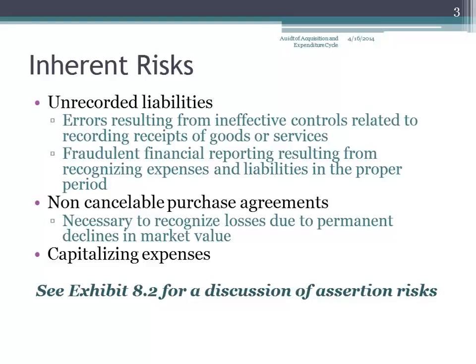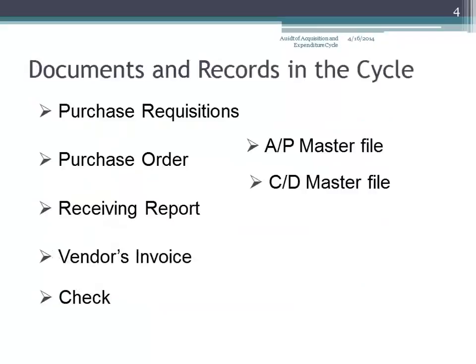occurring and not being detected on a timely basis. Okay? So, again, the assertions aren't going to change, right? The assertions are the assertions. Management's assertions don't change. What is going to be different is our audit approach related to those assertions, because we're looking at different accounts. Our risk is going to be different. You saw the difference between occurrence and completeness when you're looking at the sales and collection cycle versus the